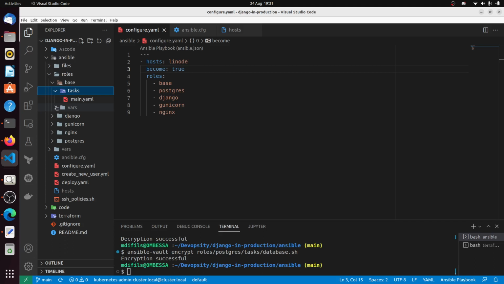Also, if we are using handlers, it's handy if we want to trigger a task that depends on another one. For example, when we modify the configuration of SSH or Nginx, you need to restart the server to take into account